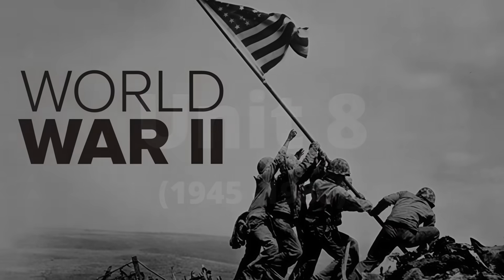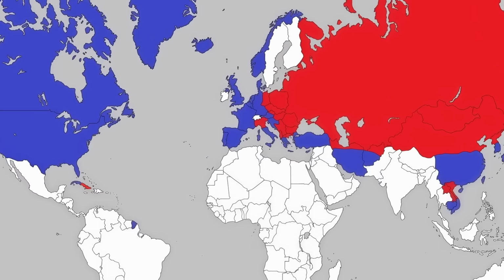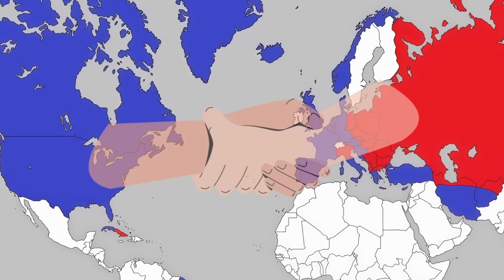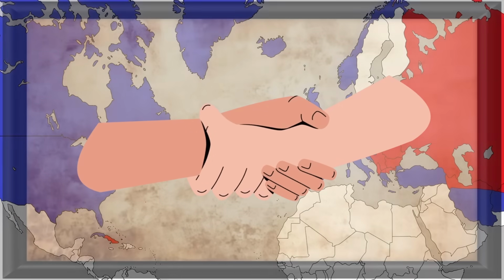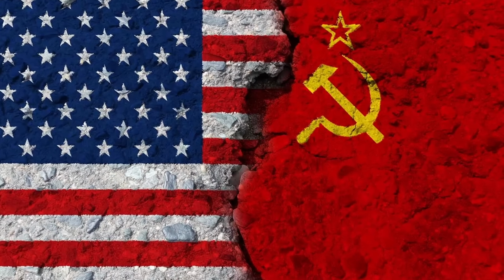World War II is now over, and the end of this war will see the rise of 2 major global superpowers, the Soviet Union and the United States. The thing is, these 2 superpowers were allies during World War II, and pretty much immediately after the war, their alliance collapses. The reason for this is pretty simple. These 2 countries' ideologies are completely different.